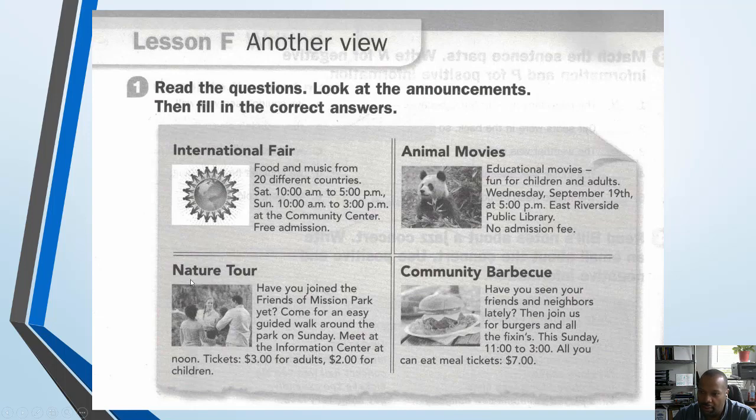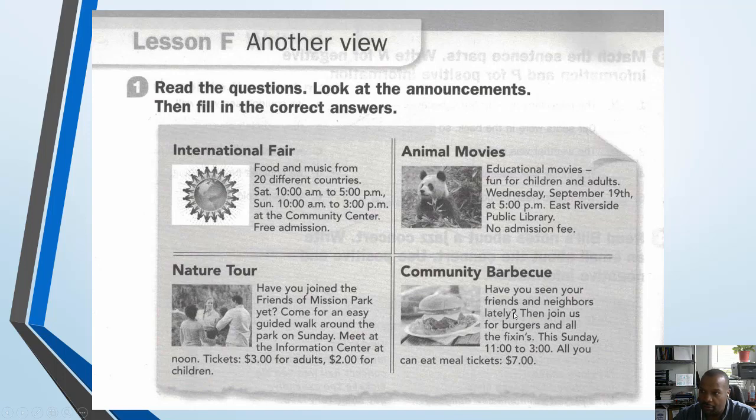The next one is Nature Tour. Have you joined the Friends of Mission Park yet? Come for an easy guided walk around the park on Sunday. Meet at the Information Center at noon. Tickets, $3 for adults, $2 for children.